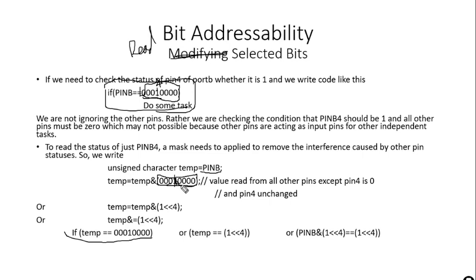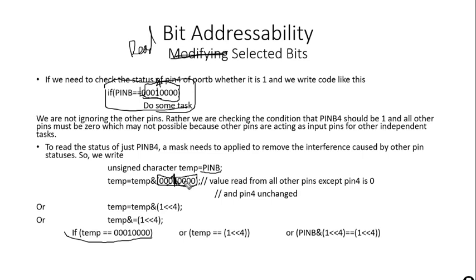Performing AND operation with 0 will make them 0. And the bit for which we have performed AND operation with 1 will have its true value. If it was originally 0, it will remain 0. If it was 1, it will remain 1. So after this instruction, we are sure that the temp variable only contains the status of bit number 4, which we are interested in. And if there are multiple bits, then we'll do the same way as in the previous example. We'll make this byte; let's see the next step.